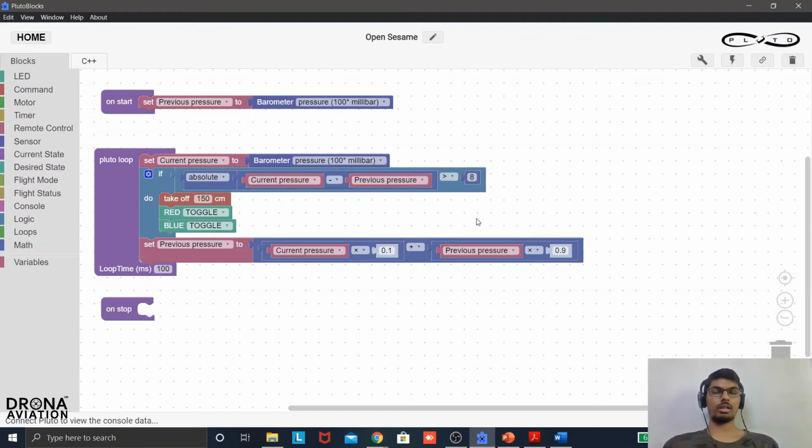This can also act as your private security guard. You can place it near the door, and if anyone opens the door forcefully, the wind will act as the trigger, and the drone will take off. So I hope you guys learned a good bit from this project. You can try this out and make a good application out of it.